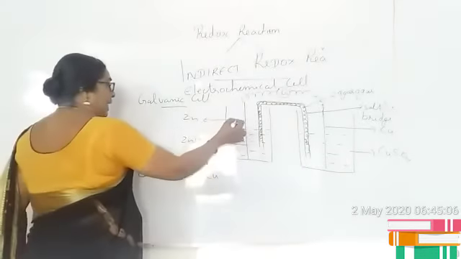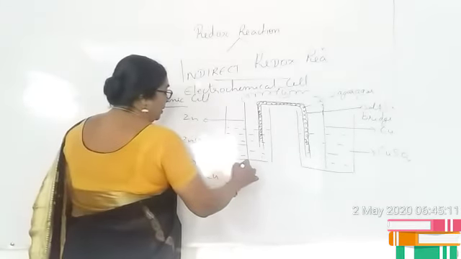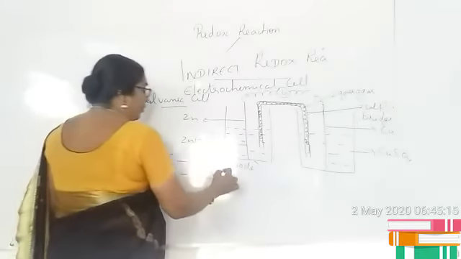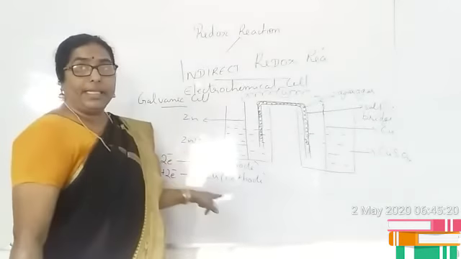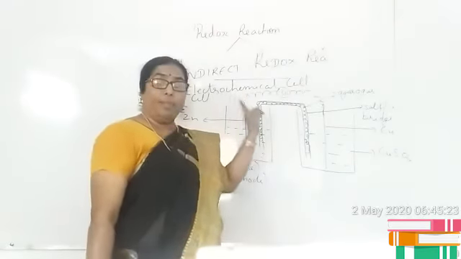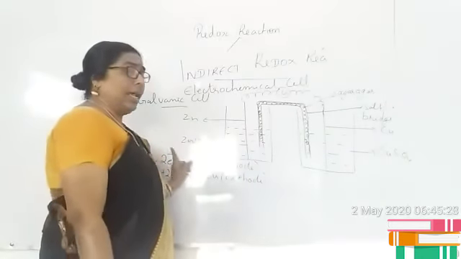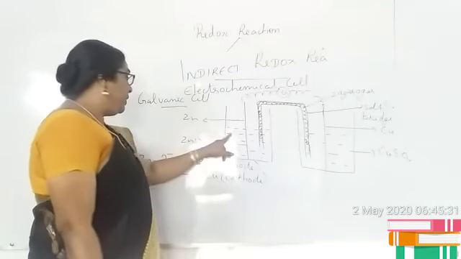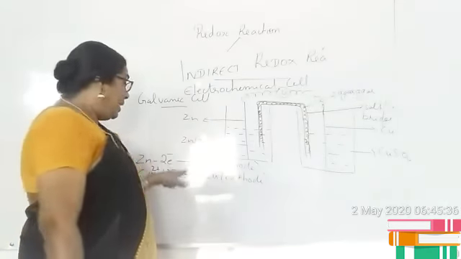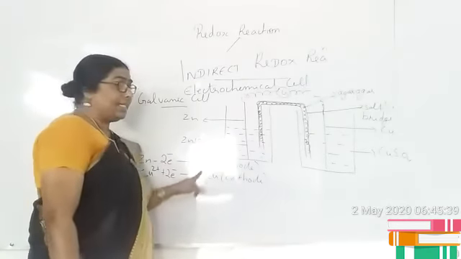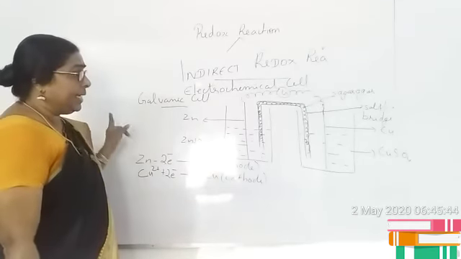Or we can say that the electrode in which losing of electrons takes place acts as anode. Electrode where gaining of electrons takes place acts as cathode. Is it clear? Or we can say that the flow of electron is from anode to cathode and the conventional flow of current is from cathode to anode. Is it clear, children? This is how here we can see that chemical energy gets converted to electrical energy. At the same time, oxidation and reduction takes place in different containers. So this is an example for indirect redox reaction.